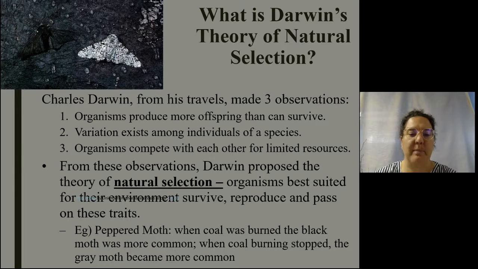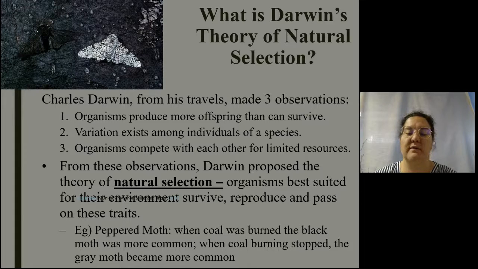Another example is the peppered moth. So pre-industrial revolution, the peppered moth came in two colors, a mostly gray and a mostly white. And before the industrial revolution, that white moth was more common because it was able to hide on the bark of trees in the area. But then when coal was burned for energy and for industry, those trees were covered in a layer of ash and soot. So then the black gray moth, within a generation or two, was more likely to hide on the